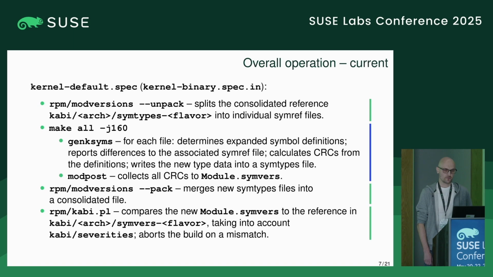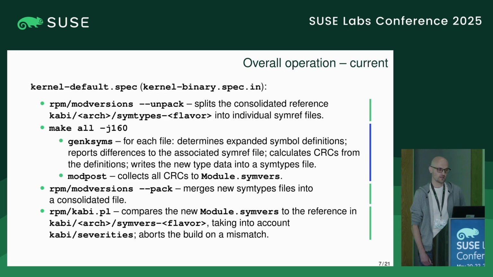The current workflow to check KABI stability during the RPM build of SUSE kernels consists of several steps, and this is a simplified overview. First, the downstream script mod-version unpacks the consolidated symtypes reference from its KABI location, and it splits it into individual symref files. The kernel spec recipe then performs a regular kernel make, and during this operation, the upstream tool genksyms is invoked